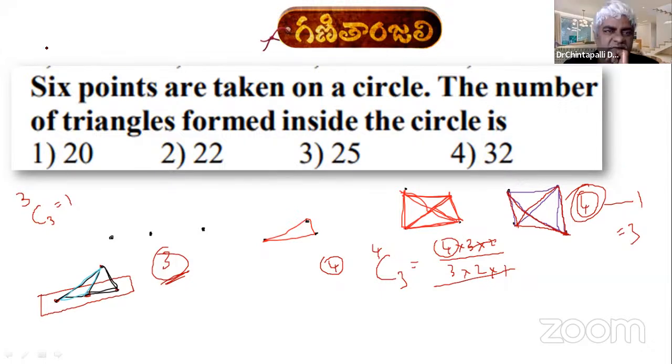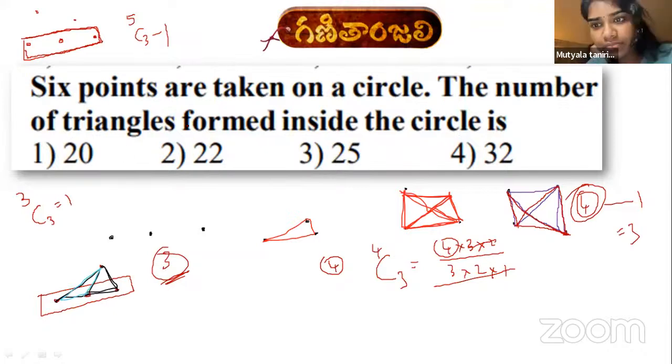See, if we are given 5 points, of which 3 points are collinear, the total number of triangles formed is 5C3 minus 1 only, because the value of 3C3 is equal to 1. See, if there are 6 points, among those 6 points,